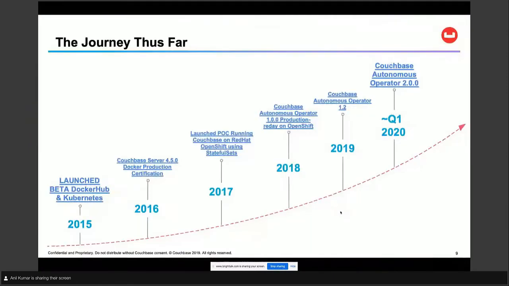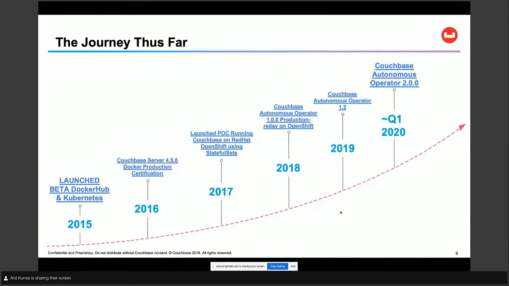So now let's take a look at why customers are picking Couchbase Autonomous Operator on the Red Hat Openshift platform. Before I talk about what we have done, let's take a look at the journey we have taken thus far. The journey for Couchbase started way earlier, back in 2013, when we started experimenting with Couchbase on Docker containers. In 2015, we launched a beta version of Couchbase on containers.